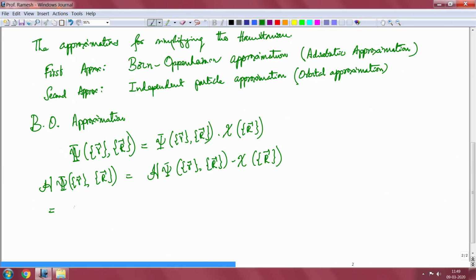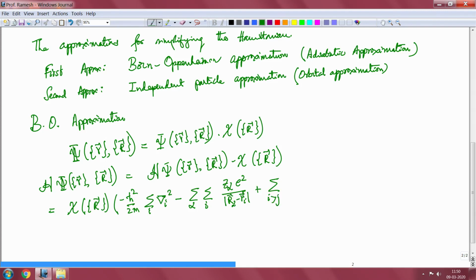So, I can pull chi of r all the way through, and I can write it as minus h cross squared by 2m sigma over I del I squared minus sigma over alpha sigma over I z alpha e squared upon r alpha minus r I plus sigma over I greater than j e squared upon r I minus r j. This acts on psi